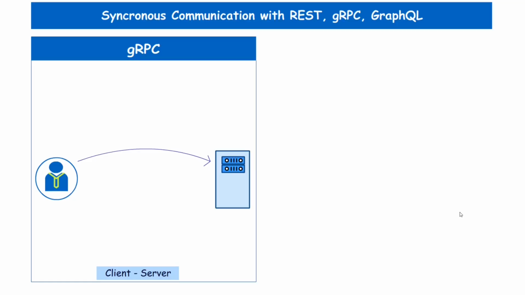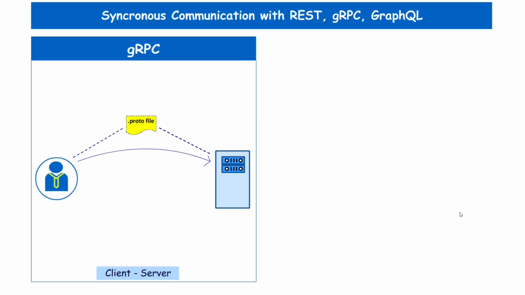Let's discuss gRPC with this diagram. The client makes the HTTP request to the server and the server responds with the requested resource. Here, unlike REST, where the payload format or the data format is JSON or XML, in gRPC it's protocol buffers, also called protobufs. Protobuf is a language agnostic data format. It is not dependent on any language and it's used to serialize structured data. The protobuf file is shared among both client and server.